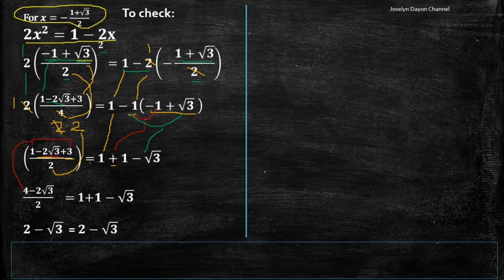Copy negative 2 square root of 3. Then you copy the denominator 2. Then just copy this one. So we have 1 plus 1 minus square root of 3. So in here, we can also factor this out. So we have 2